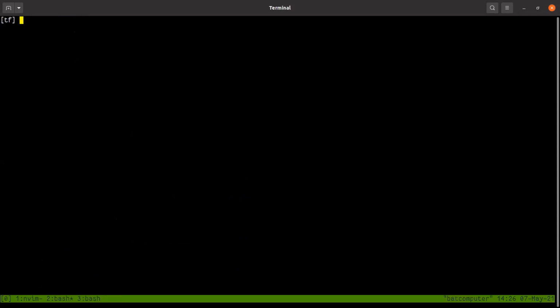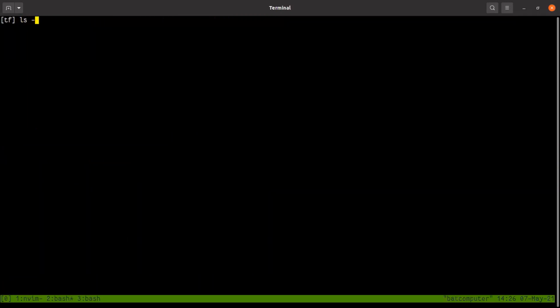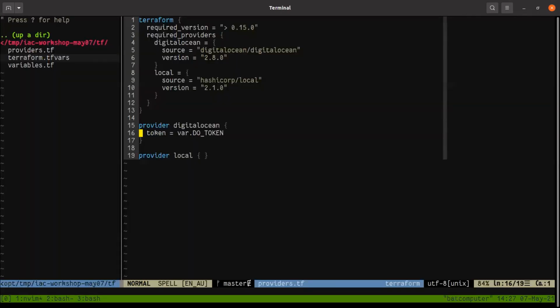After you have done this, you will notice that you've got these files. This is the lock file that's created, which records exactly what version of the providers. One thing you can do is this: if you want to git ignore, you should git ignore this, but not this, so you can reproduce the environment. Okay, so I've done this.